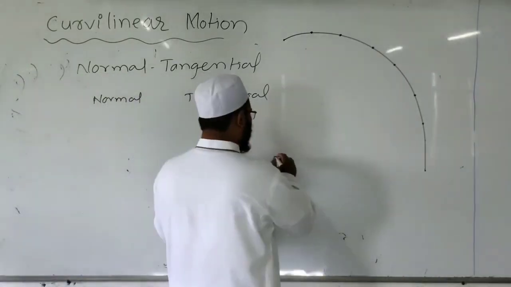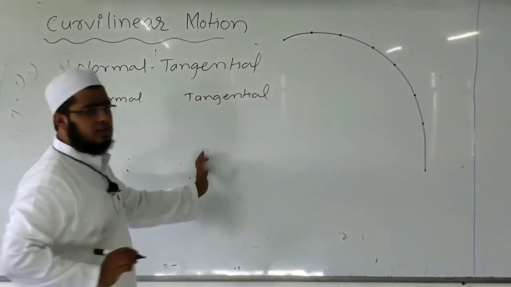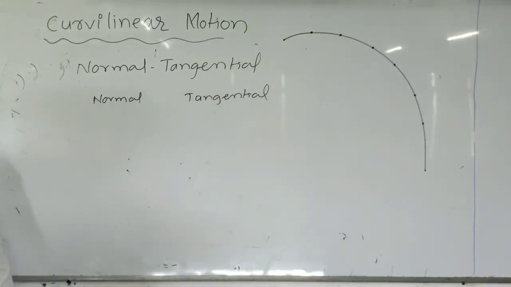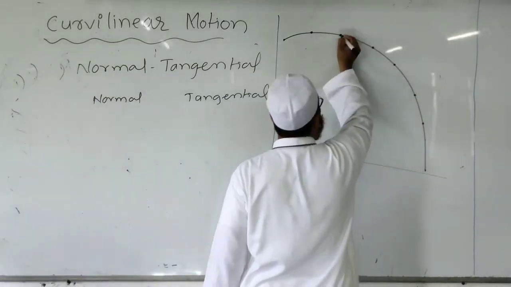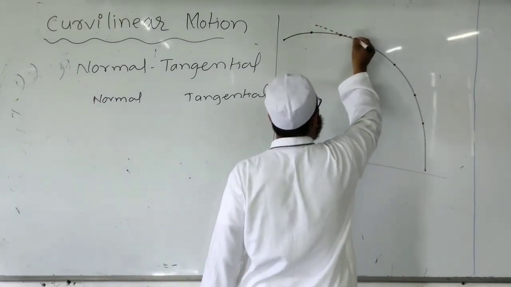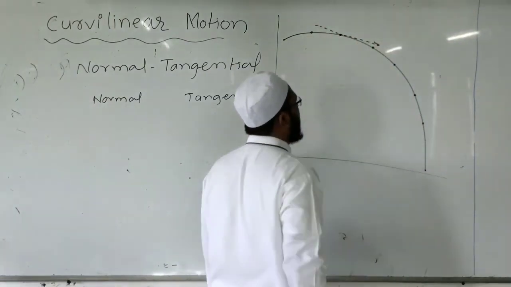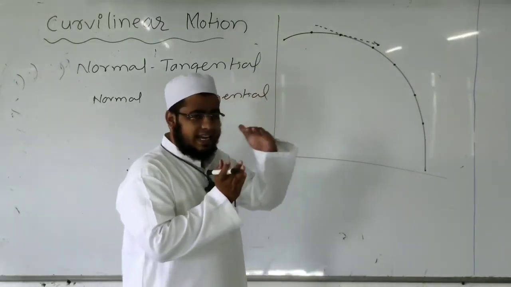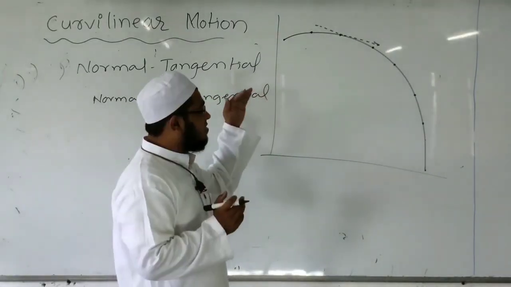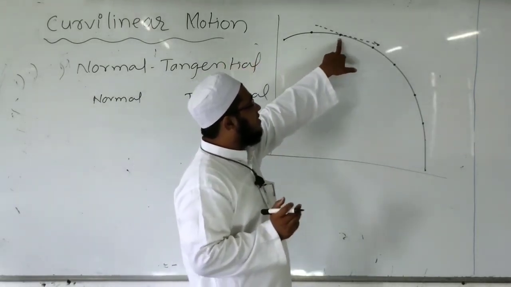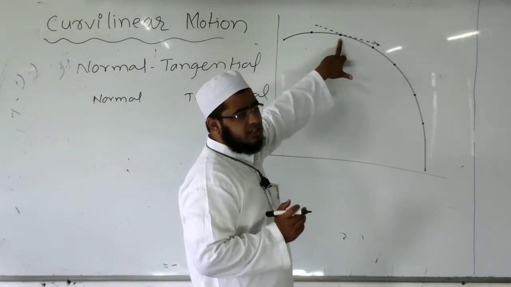But you can see that if for a particular instant the path is known, the object is always moving in the tangential direction, because the direction in which the displacement is taking place is tangential,